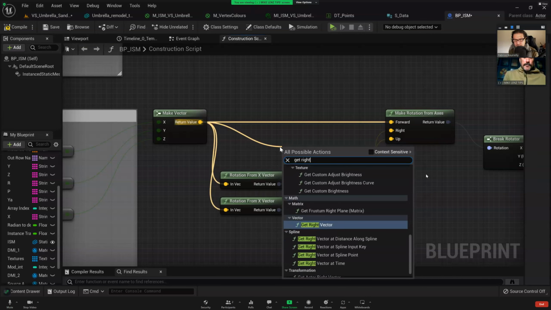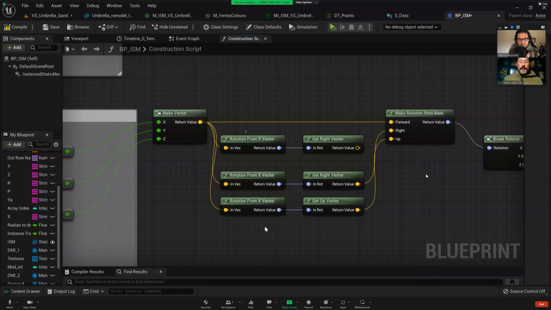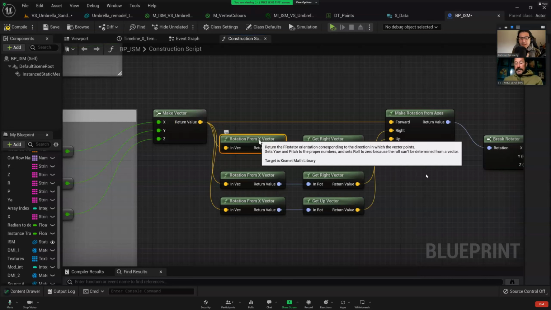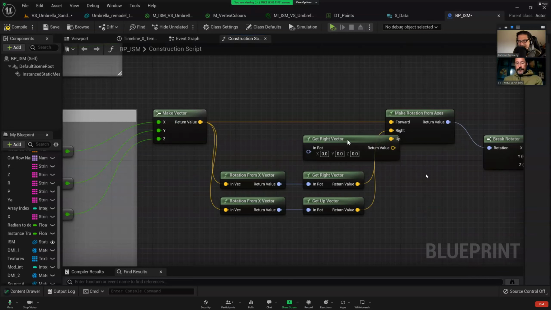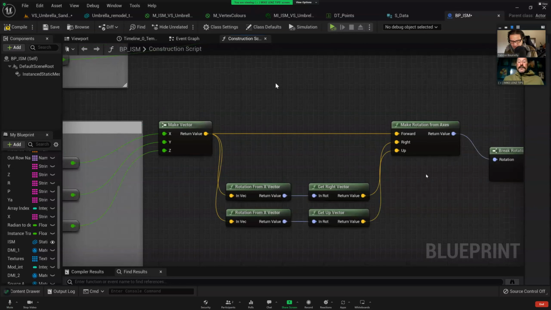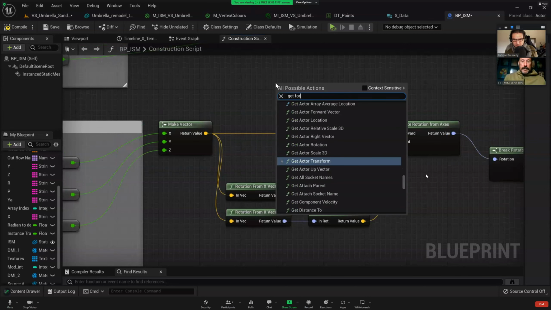So if I go to get right vector, it is calculating that from the X vector, and then I can plug that in. So these nodes are added automatically. Okay, yeah. That's the trick here, because Unreal Engine lets you